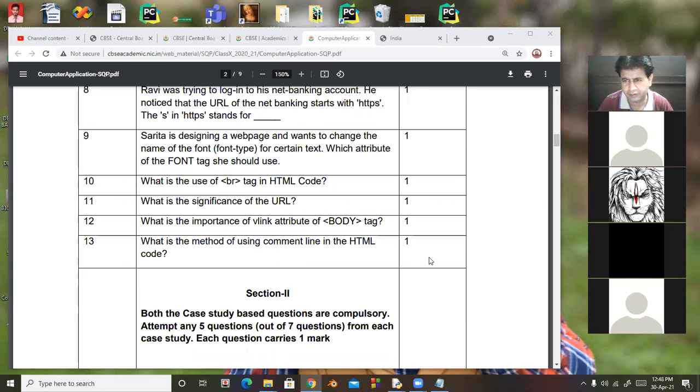this is for Ashima. Unmute yourself. Beta, quickly unmute yourself. Yes, sir. Beta, what is the method of using a comment line in HTML? In HTML, if we want to insert a comment, how can we do it? There must be a space between the initial and before the final.